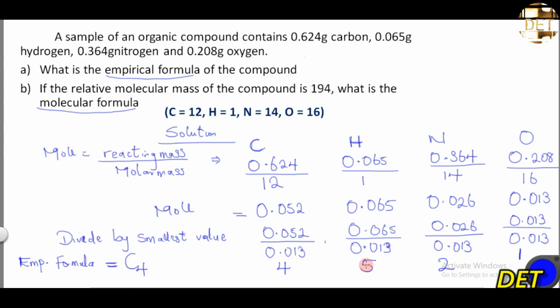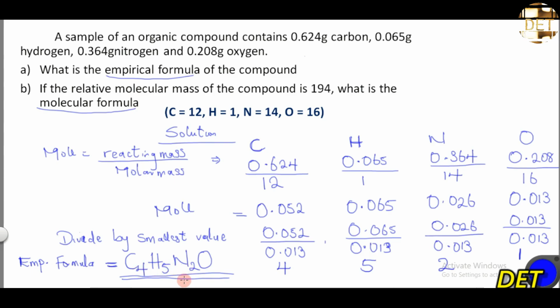Hydrogen is containing how many atoms? 5 atoms, right? H5. Nitrogen is containing how many atoms? 2 atoms. N2. And then oxygen is containing how many atoms? 1. And 1 times 1 is an insignificant number. 1 times oxygen is still oxygen. So O. There is no need to write O1, right? So that is O. So the empirical formula of the compound is C4H5N2O, right? This is the formula that shows the simplest ratio of each of the elements